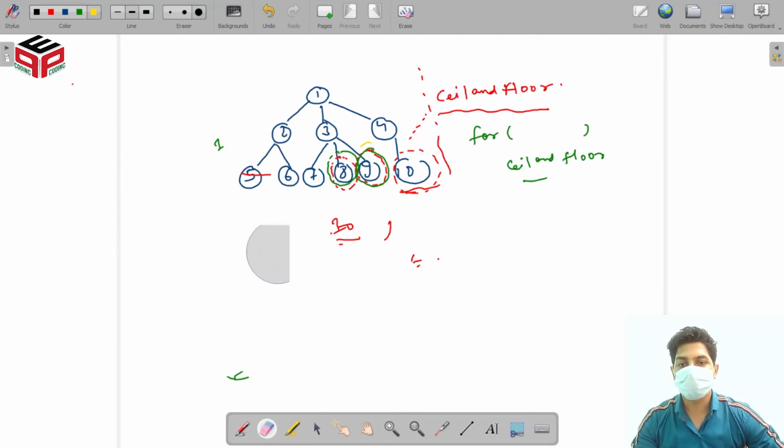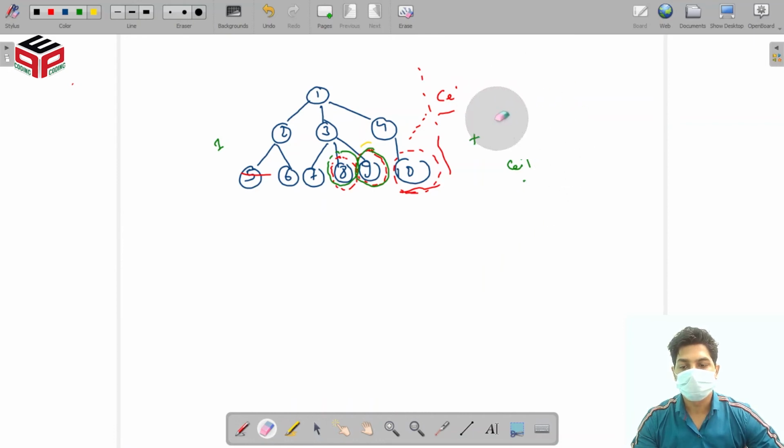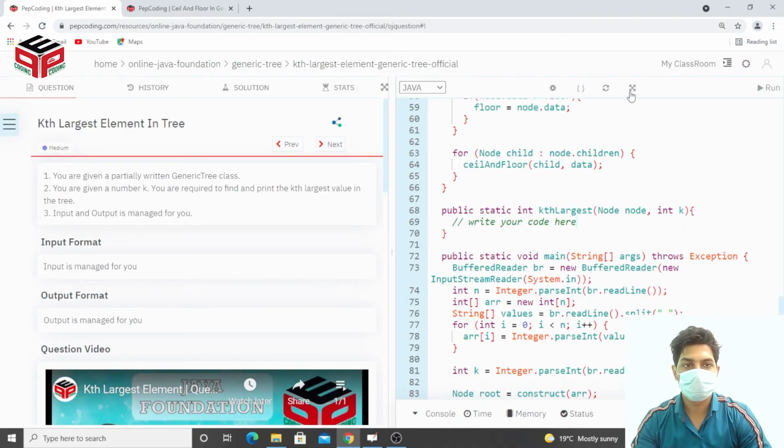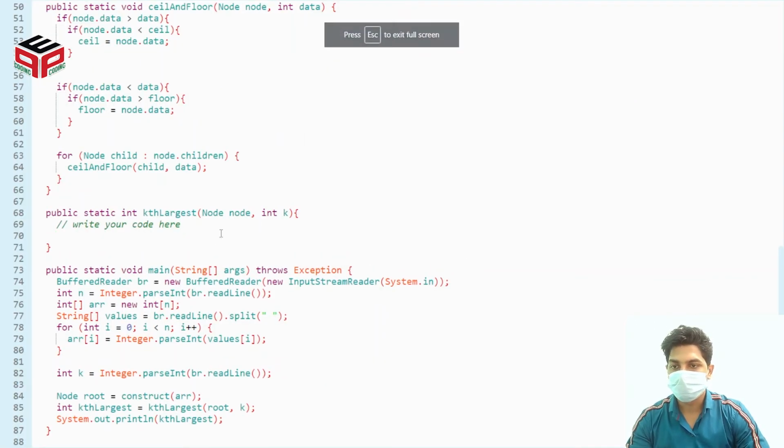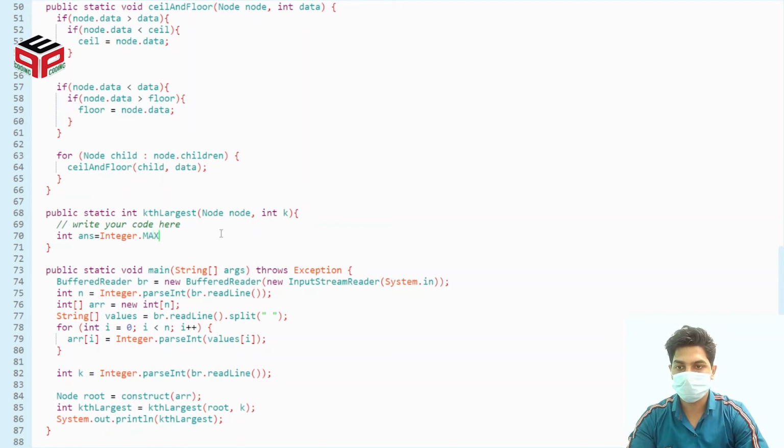Now let's try to code this problem. Let's make a variable answer and initialize it with Integer.MAX_VALUE.